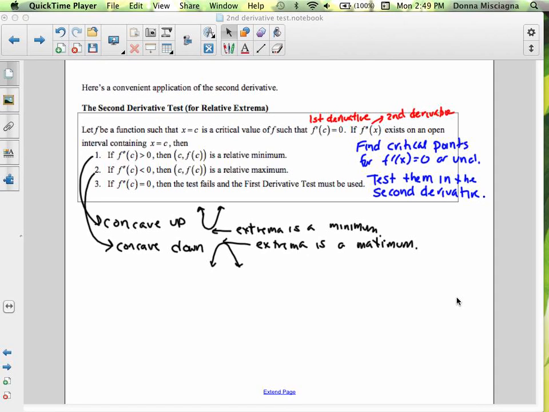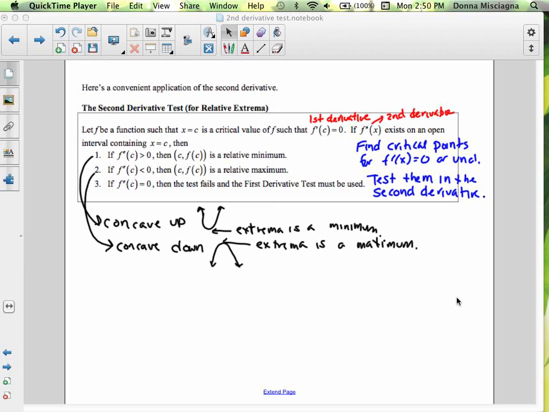right, so let's clarify that. If a value of x is a critical point for the first derivative, in other words, the first derivative equals 0, you find your second derivative and you're going to plug it in. Right? So you're finding the critical points for the first derivative where it's 0 or undefined, and you're testing them in the second derivative. If f double prime of c is greater than 0, then f of c,